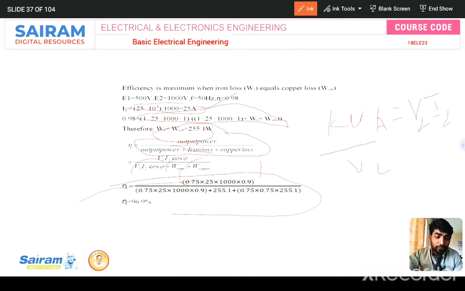And also one logic I will tell you: while calculating transformer efficiency, you will get more than 90%, because, as I told you while discussing theory itself, the efficiency of a transformer is always above 90%. You will not get less than 90% in the problem solution. If you are getting an answer less than 50 or less than 60, definitely redo your calculation. Definitely calculate once again, and you will get the right answer. Otherwise you won't get the exact answer. Okay.